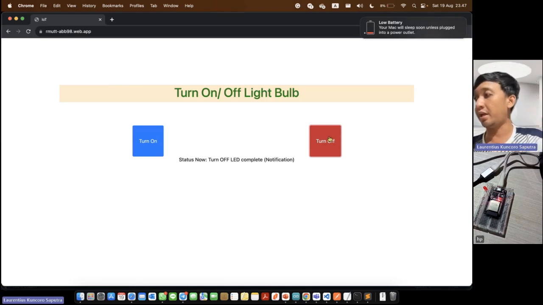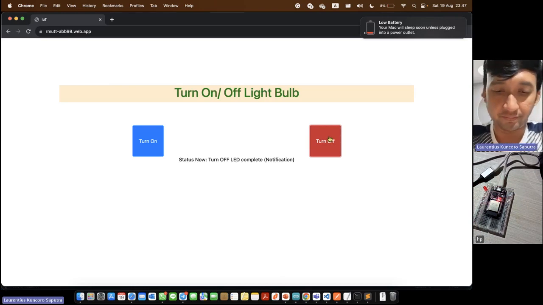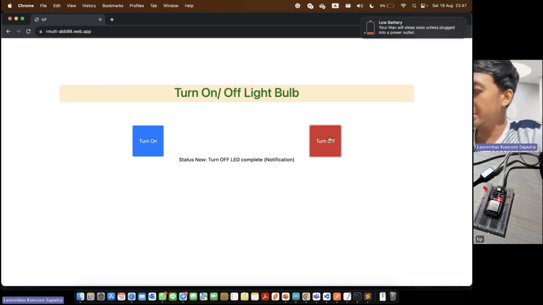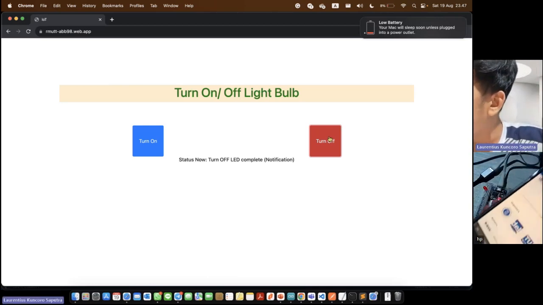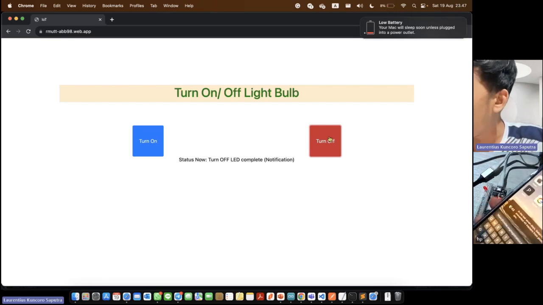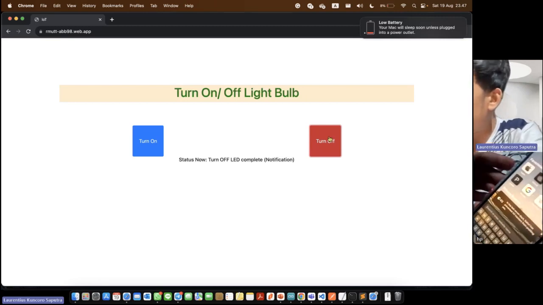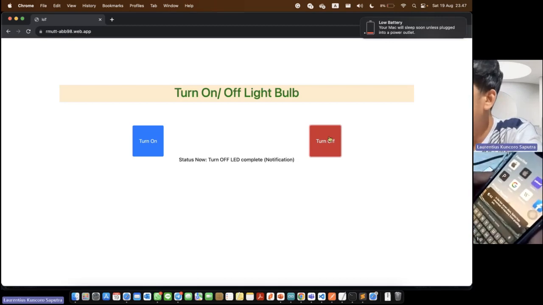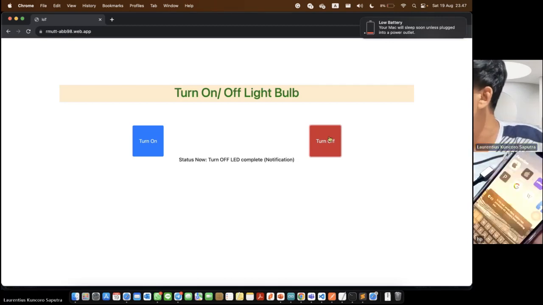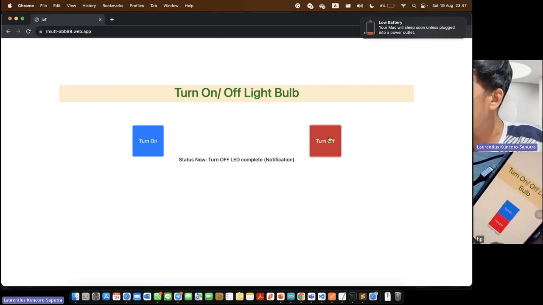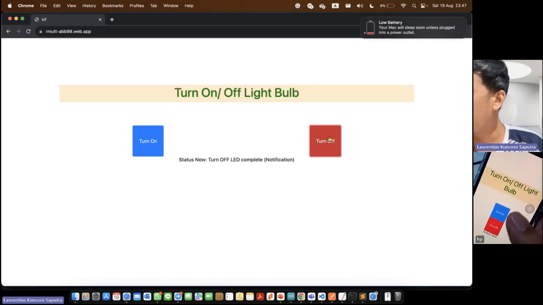So I also accessed the website using a mobile phone. Here we can write the URL, RMUTT web app, this one. So I can access it on the mobile phone.